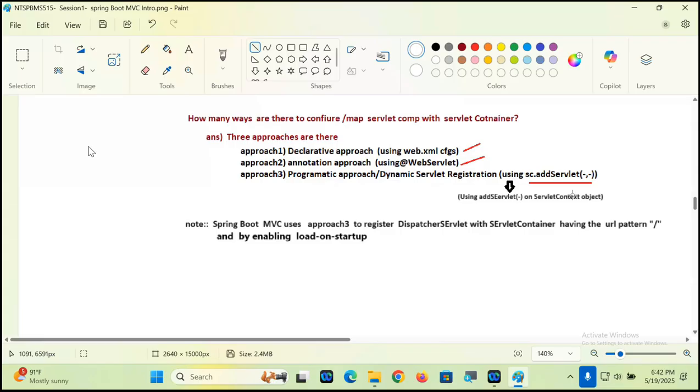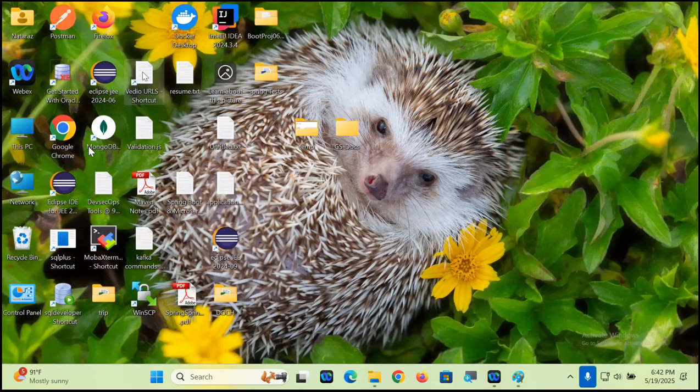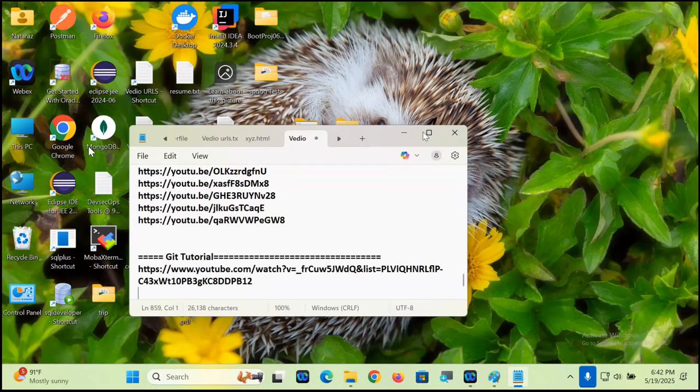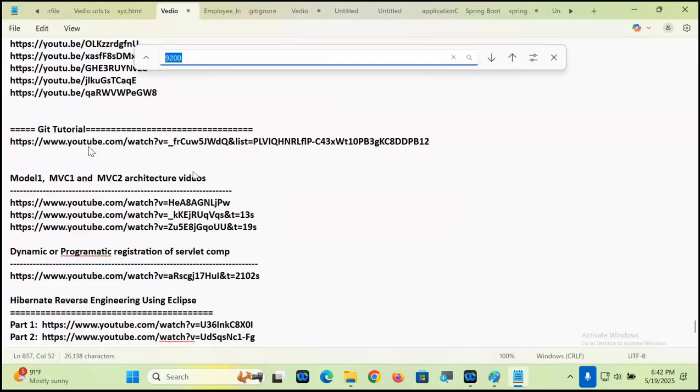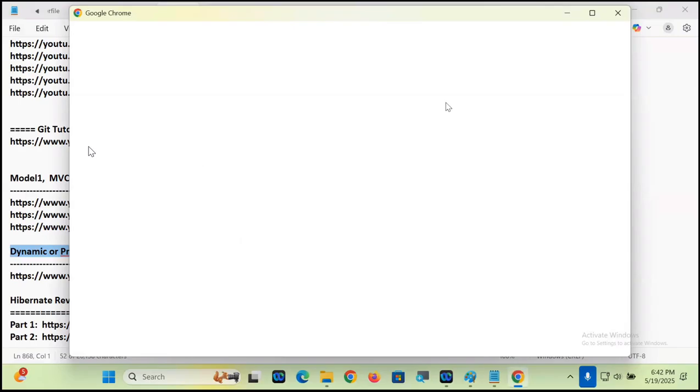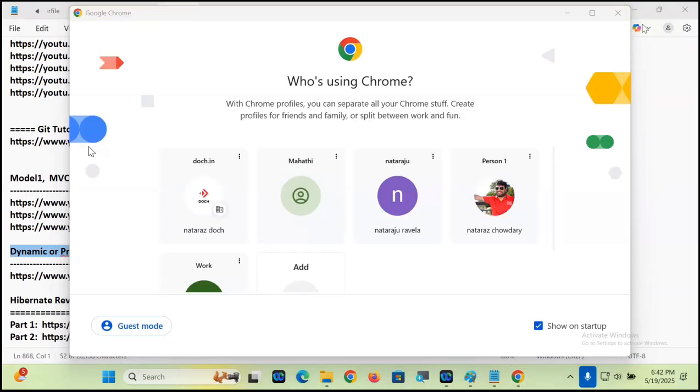Okay, but how to go for this programmatic registration? I think long back I gave one video. If not given, today I will give one video. Actually, it's a discussion of servlet JSP. I think I gave dynamic servlet registration the other day, along with MVC architecture, if I am not wrong. Watch this. You will understand how the third approach can be used to register a servlet programmatically. Okay. Why, sir? In Spring Boot MVC, can we entertain XML? No. Not possible. Can we entertain